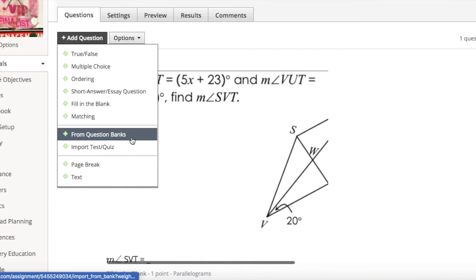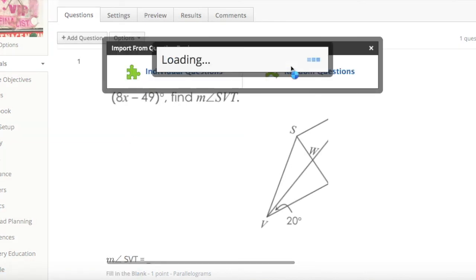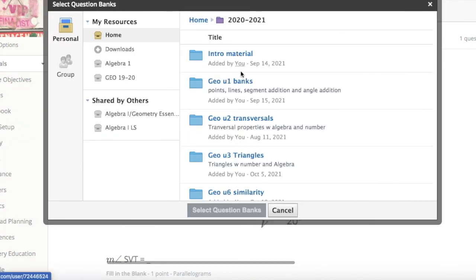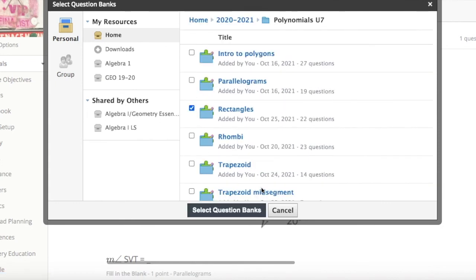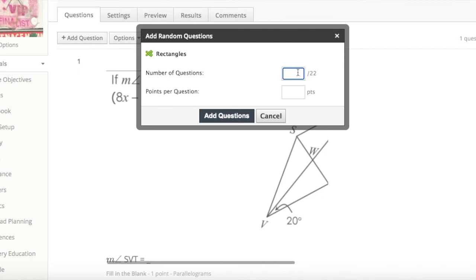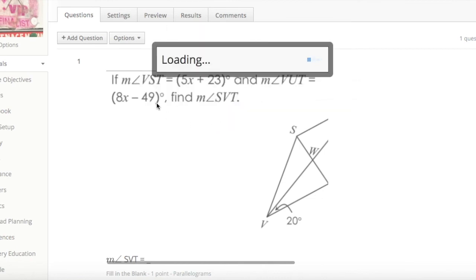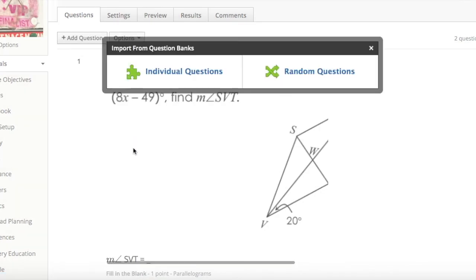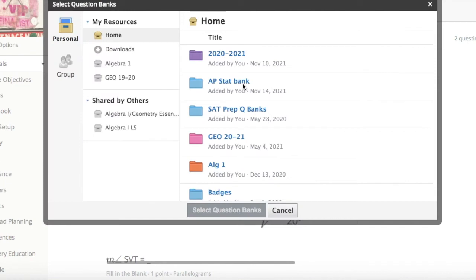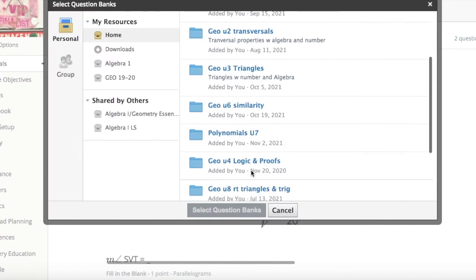I'm going to go to my bank. I'm going to say, okay, let's just choose a random one. Maybe you get lucky. Maybe you see one you saw before. So I can go to my rectangles. And I can say, look, there's 1 out of 22. What's the chance that they got one, right? Let's just do a couple question quiz. And so I can just go through. Hey, let's do another random one. This time we will do